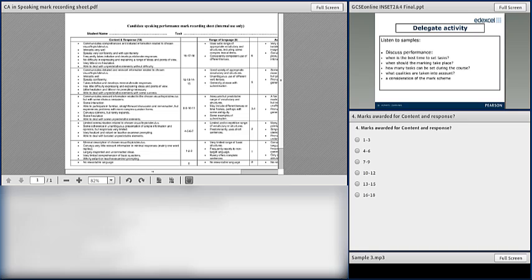Someone commented on a very long presentation, and indeed the presentation went on for 4 minutes and 22 seconds. We did say earlier in my PowerPoint presentation that it should not go over 3 minutes. If it does, the candidate is penalized, because there's supposed to be interaction between the candidate and the teacher, and here it was most of the first 4 minutes. In fact, the test could have lasted only 4 minutes, and that would have been entirely a presentation with no questions. So clearly the teacher should have stopped the candidate well before and started asking questions after the first 3 minutes.